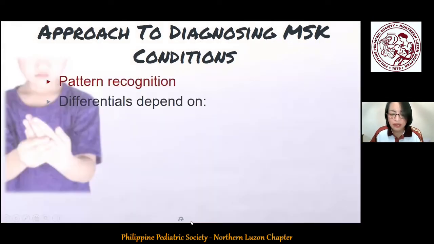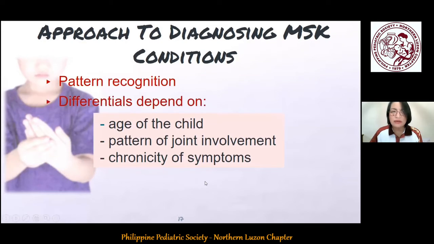So for the diagnosis, one of the diagnostic strategies used is what we call pattern recognition, where the history and PE are compared to previous patterns or cases, and the disease is recognized when the actual pattern fits. This is the refinement strategy commonly used in pediatric rheumatology and even dermatology. Okay, so aside from pattern recognition, the differentials will depend on, number one, the age of the child. Like it is uncommon to see rheumatic fever in a child less than 4 years old, and also rare for Kawasaki disease to be seen in a teenager.